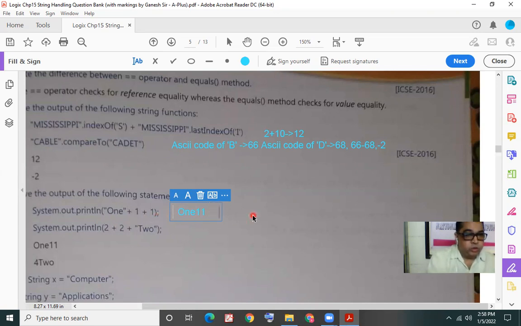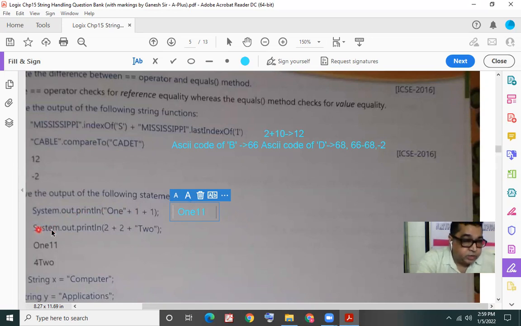Somebody would think that the output would be ONE and the numeric value 2. No, this would be the wrong answer. This is an incorrect answer. The correct answer is ONE and then digit 11.